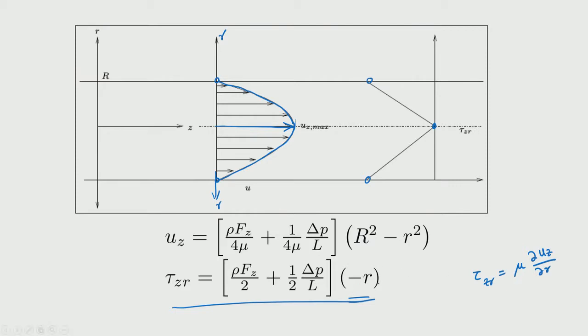So, you can already see that it comes as minus r, and from the convention that we have already seen, we can actually apply that. So, the layer at higher r, and higher r is basically the wall, okay, on the layer at lower r, and that is the liquid. So, the stress that is acted upon by the layer at higher r on the layer at lower r, that is the stress acted upon by the wall on the liquid.